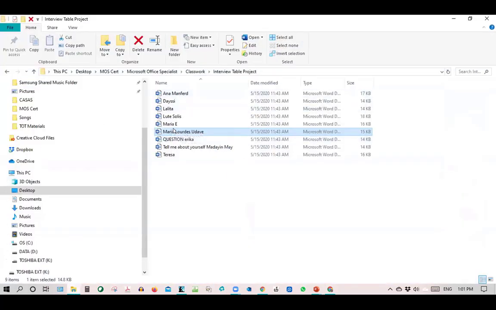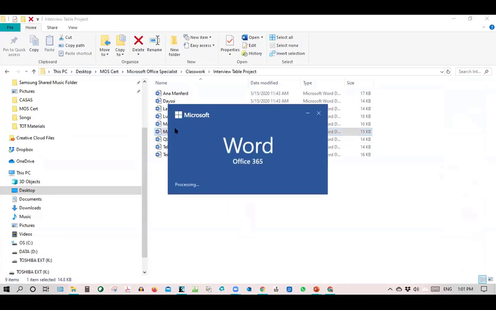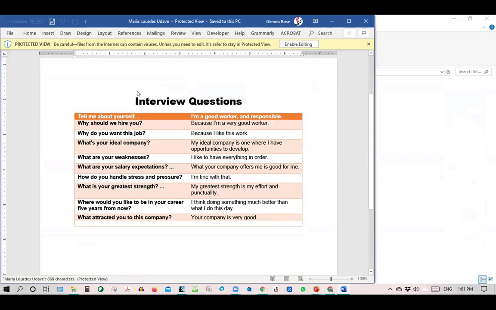So this is an example of the interview table project. They were studying tables in the Word part, and they had to create a table with colors and bands, using templates, and write out their answers to some of the questions that we had looked at from monster.com. We looked at the 100 questions from monster.com. So they had different levels of success. This one looks pretty good, don't you think? I think she did a pretty good job.